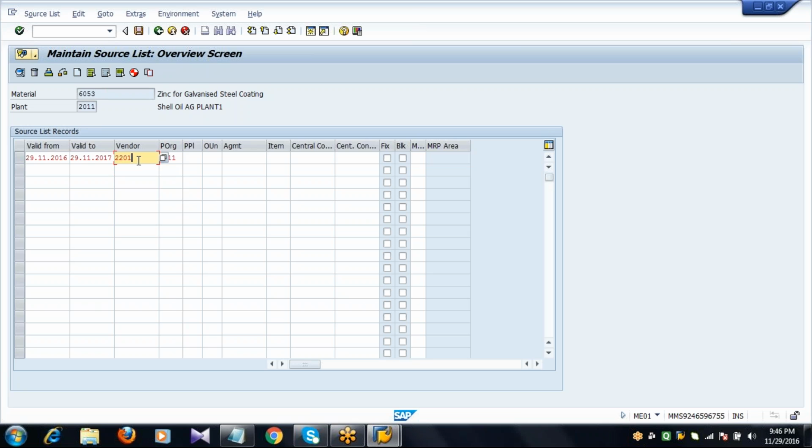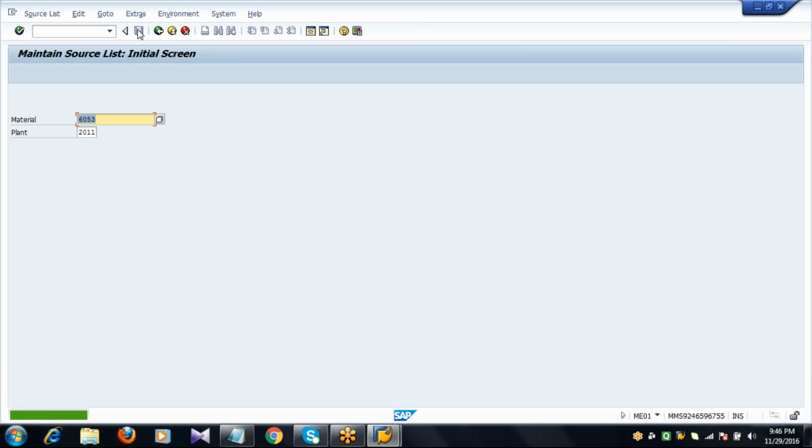Now this time, if you try to create a purchase order, it will accept only this vendor, that is the source list vendor. Now save the document.